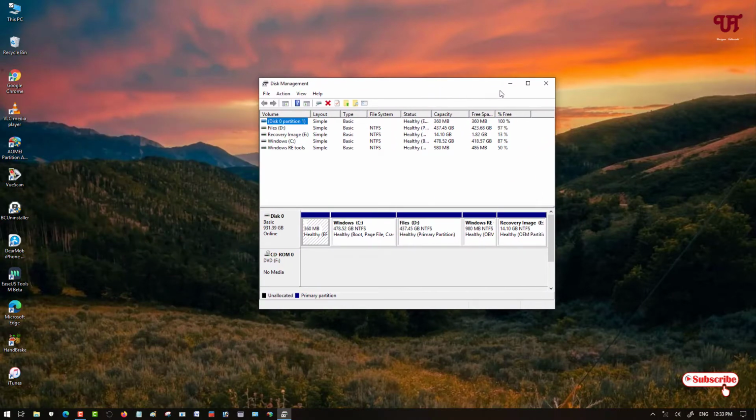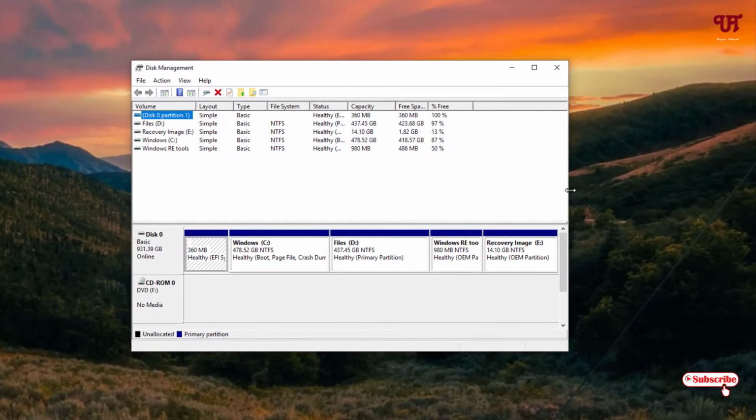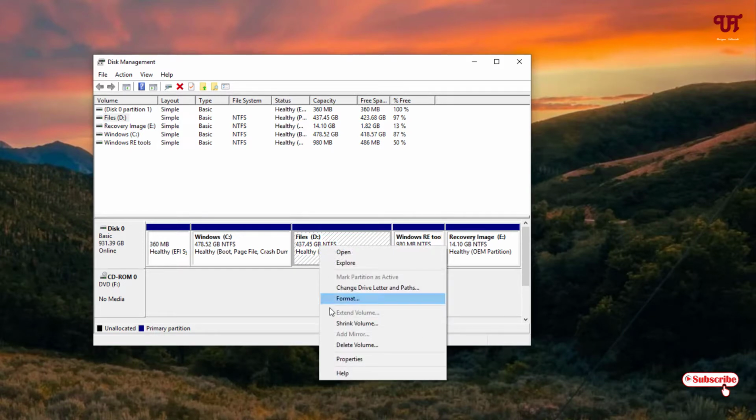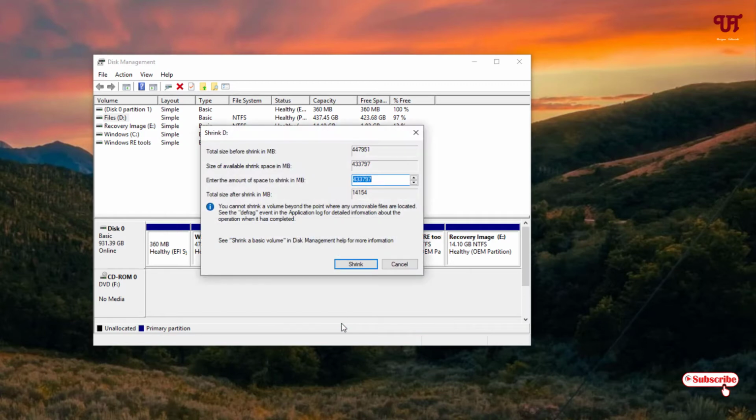Now you can see your different hard drives, that is the partition drives. So I'll create a new partition from the D drive, so just select it, right click, and select Shrink Volume. Wait for a few seconds while it analyzes and shows you how much you can enter, but I will not take that much amount of space. I'll just take like